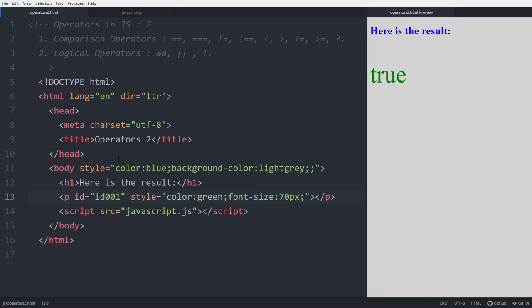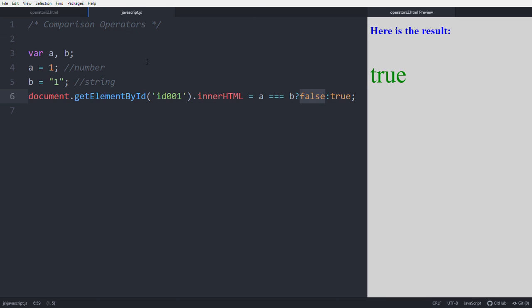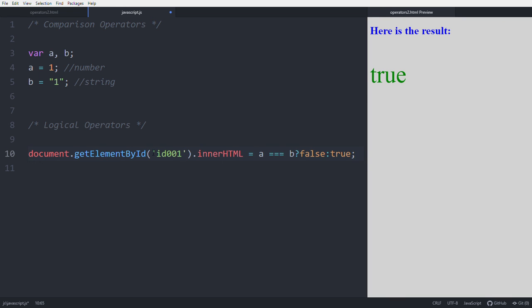Coming to the next topic, logical operators. Take this part. We'll see A and B. This is 1.